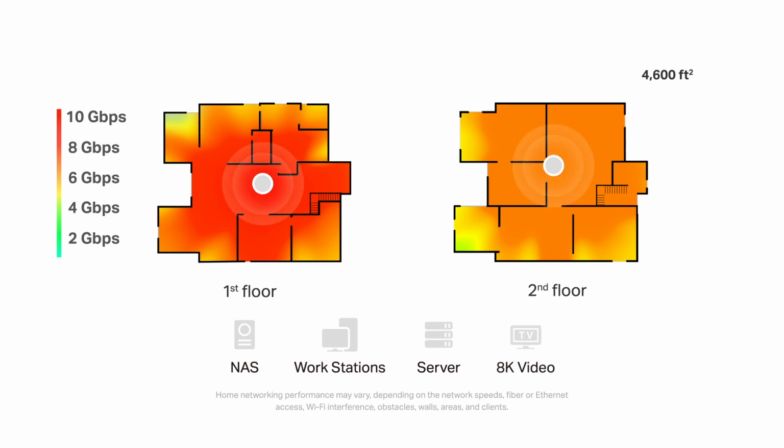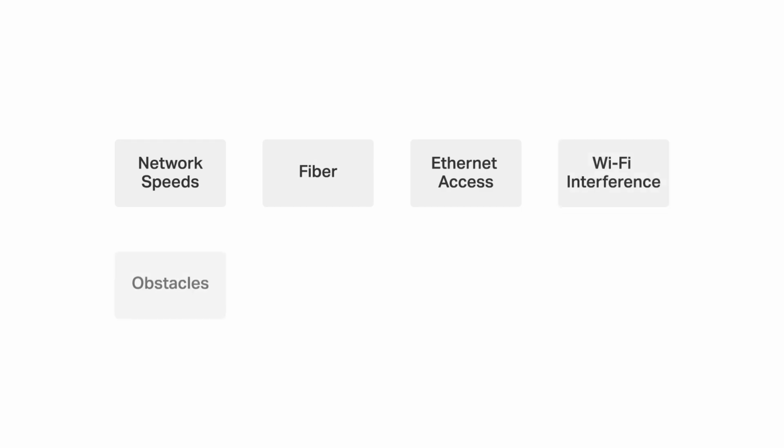This was just one test of our whole home Wi-Fi 7 system's coverage. Home networking performance may vary depending on the network speeds, fiber or Ethernet access, Wi-Fi interference, obstacles, walls, areas, and clients. If your house's interior contains brick, concrete, or metal panels, the wireless performance might not be as good as